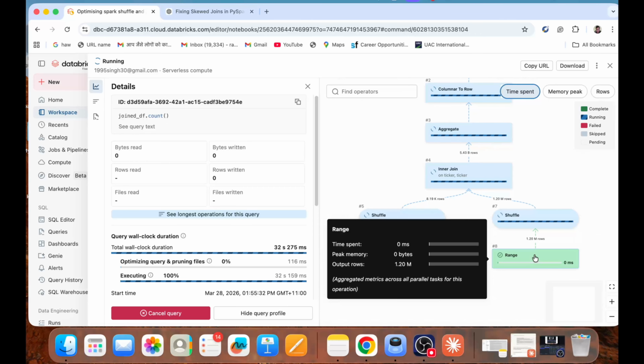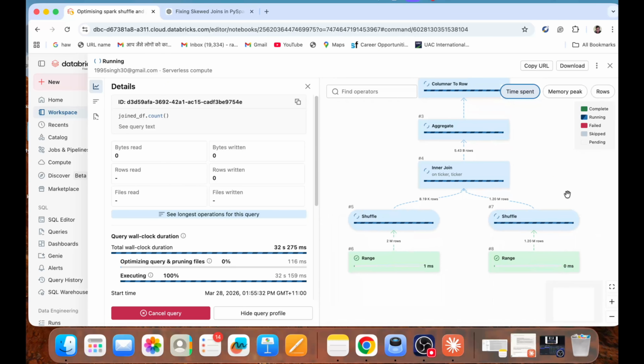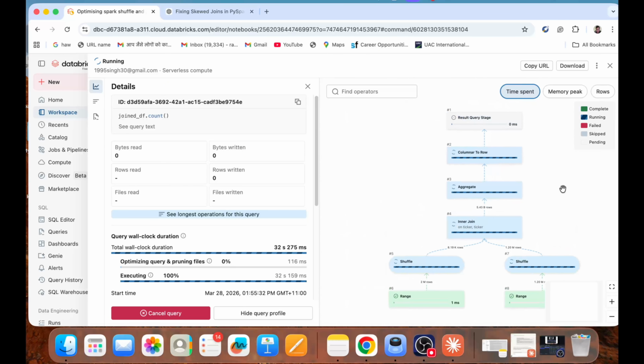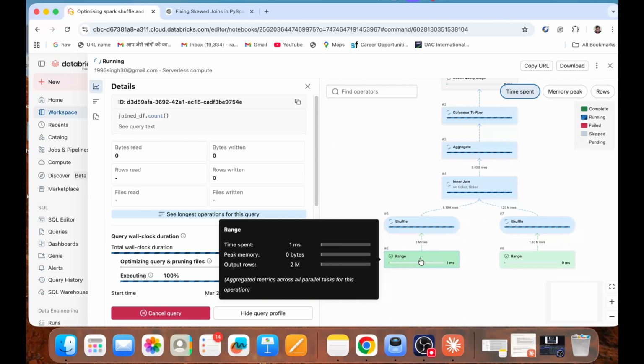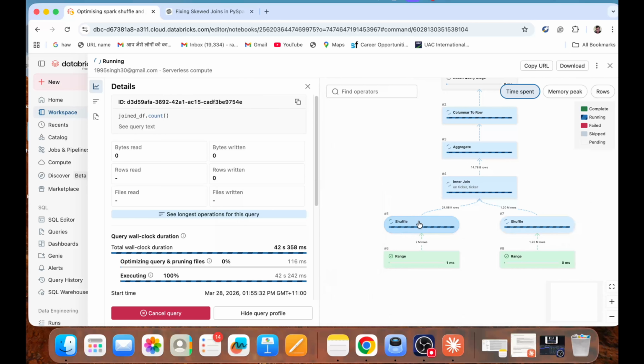So nothing happened when we ran the join df command, but when we ran join df dot count, the actions are taken then, right? So shuffle is happening, right? Join df dot count command,